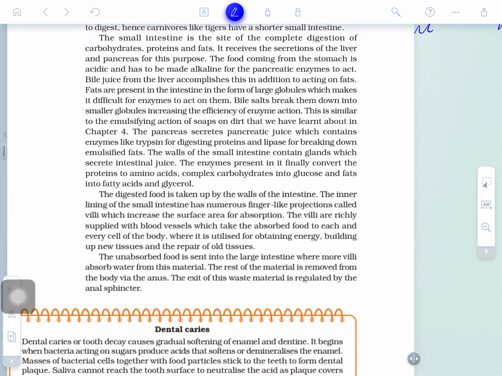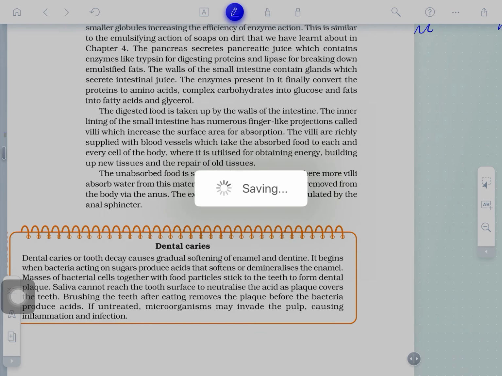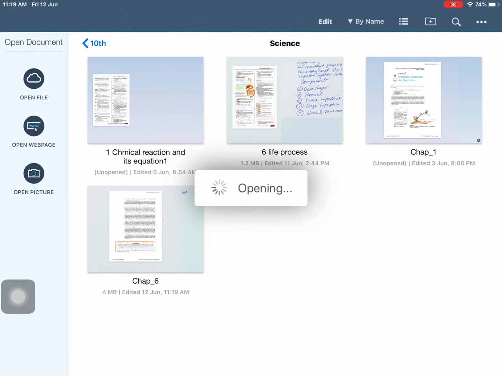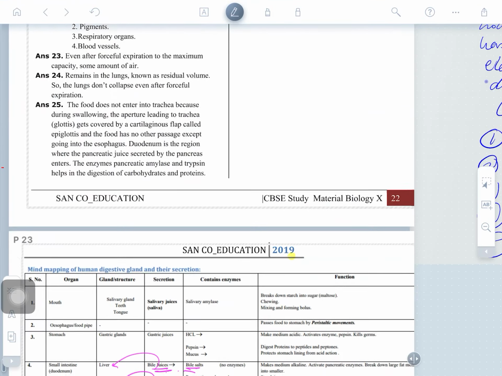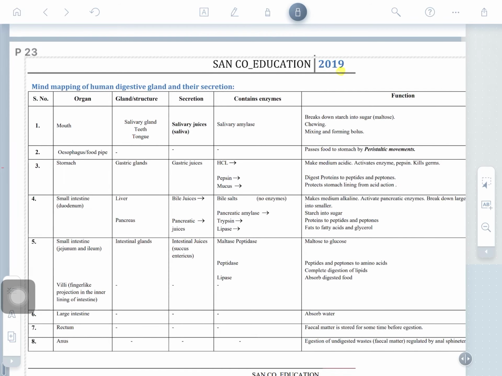So while you are writing the explanations of the digestive system, what exactly happens here, you can look in your study manual if you have it. Our study manual is before you. You may see at the end of the study manual the functioning of each organ is before you, right, guys? So what is the working of the mouth? The mouth is there before you. This is the mouth, and in the mouth you may see